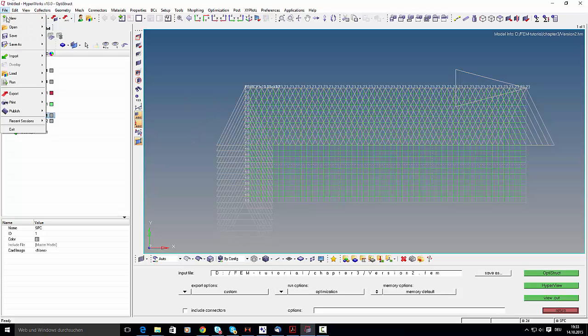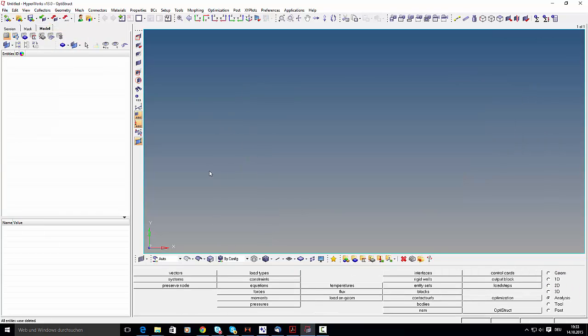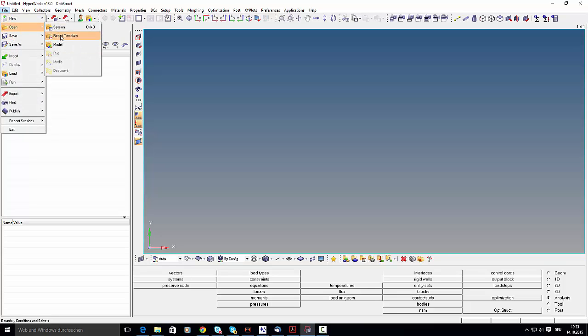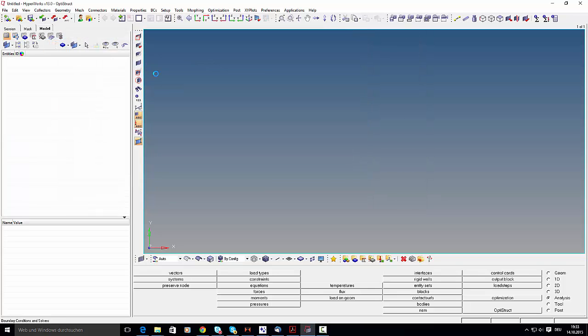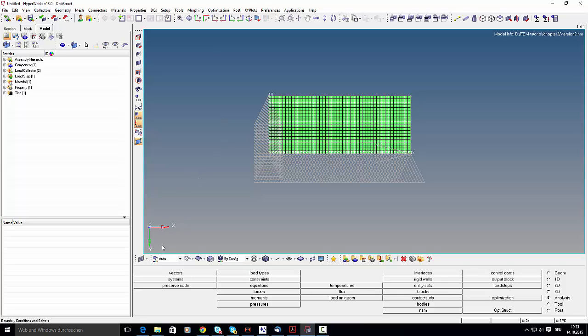It's always like this. If you open a new model, Z is pointing upwards, so X, Y is like this, and I had it in a wrong orientation. Okay, file, open, let me see the model, version 2, and you see it was in the wrong direction. So that's the reason I hadn't set up the model in the right way. Okay, I will show you later how to look at the results, or let's just